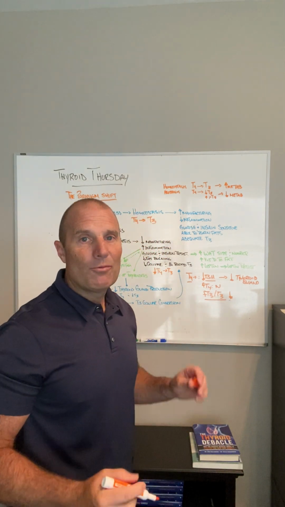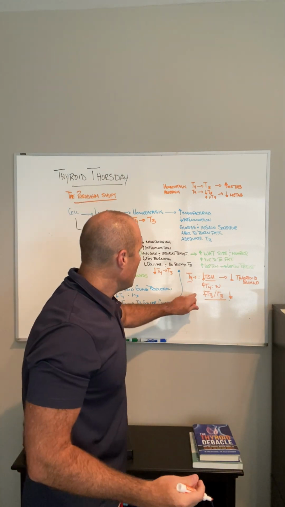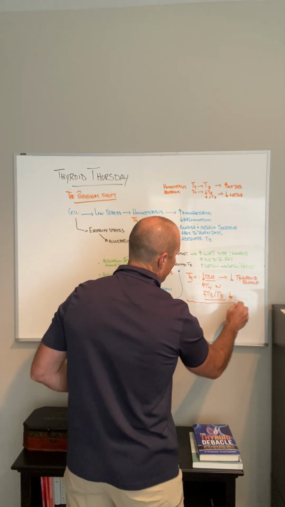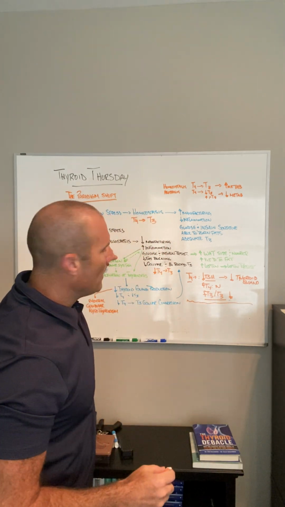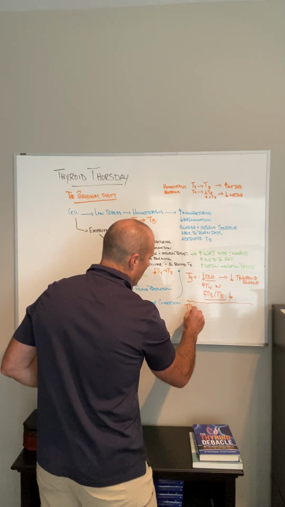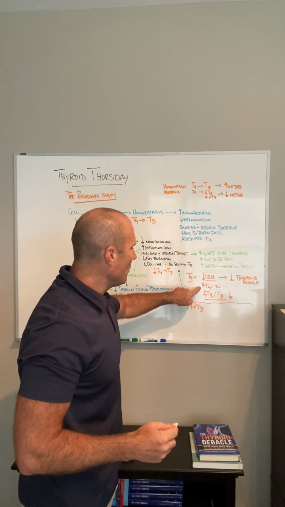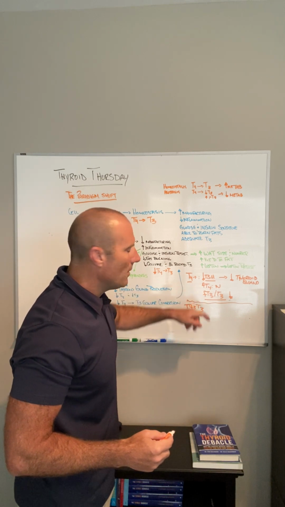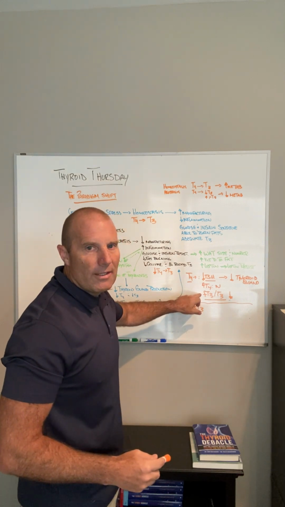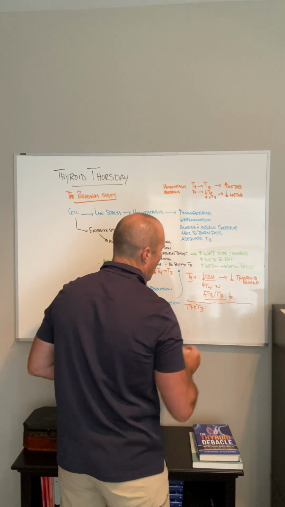And T3 is what makes us feel and function well. And so people continue to struggle in an allopathic model when they're on T4 only if they have this allostatic state going on. Now, some people say, well, we need to give T4 and T3, because they look at the total T4, free T3, total T3, and say, listen, I can see this person's not converting T4 to T3, so I'm going to give that person T4 and T3.